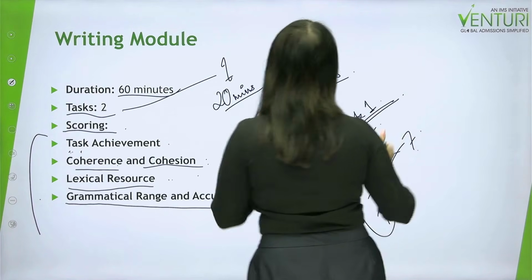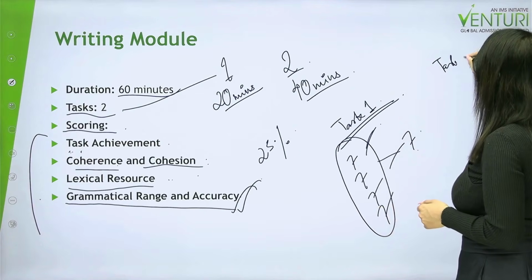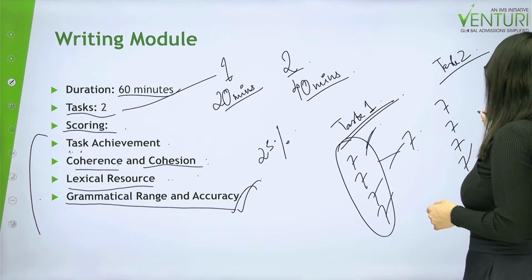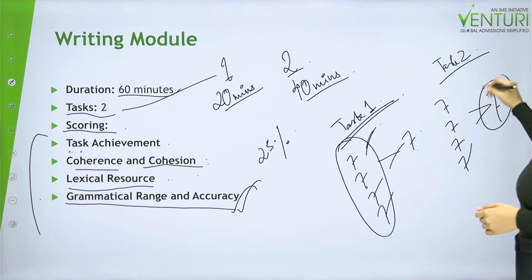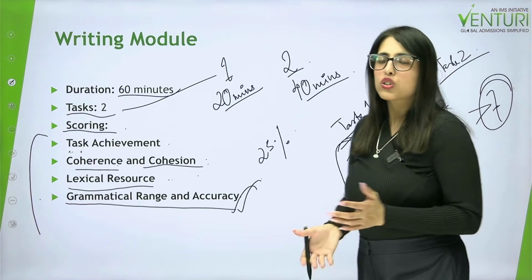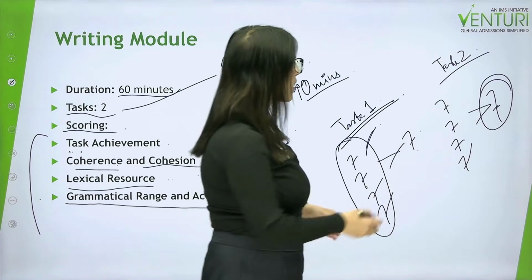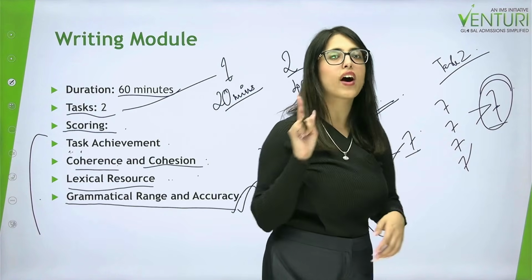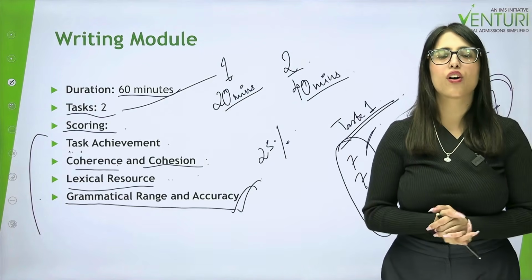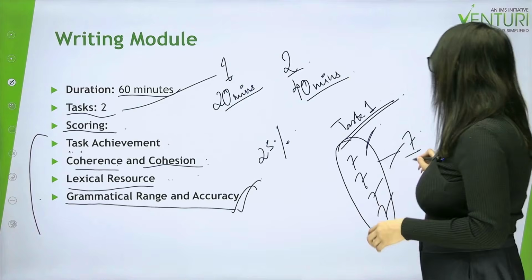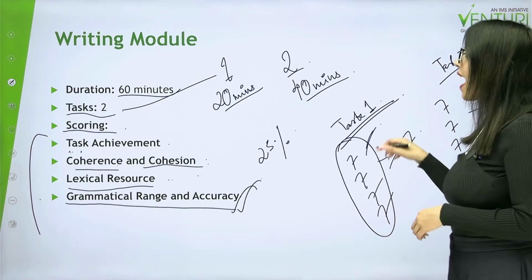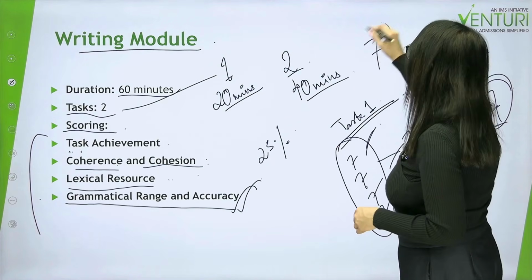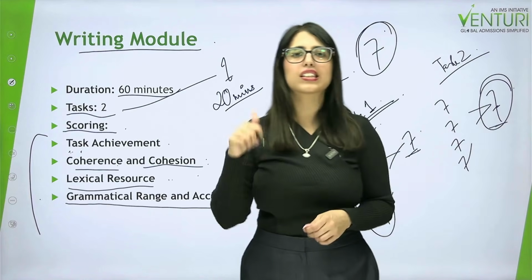Similarly, let's say you get the same thing for task 2 also. So for task 2, you are again getting 7 on all. Alright, so this is also again going to give you a 7 average score for your task 2. So once all of these are done and once they get a band score for each of the tasks, they are going to then merge them together and give you one band score for your entire writing module. So say for instance you have 7 here and 7 here, so your average score for the entire writing module is again going to be a 7. Alright, so that is how scoring is done for this particular module.